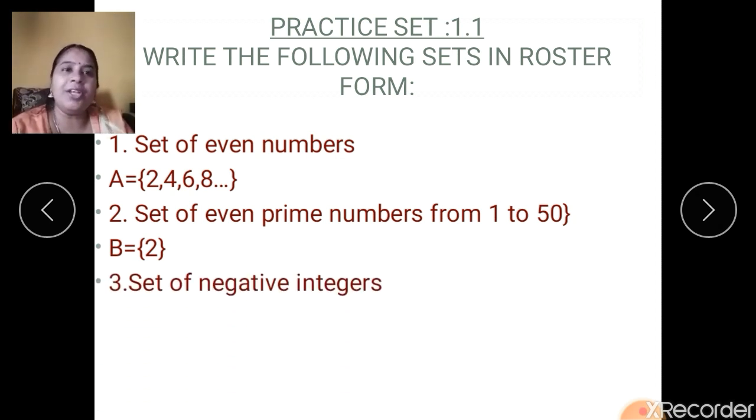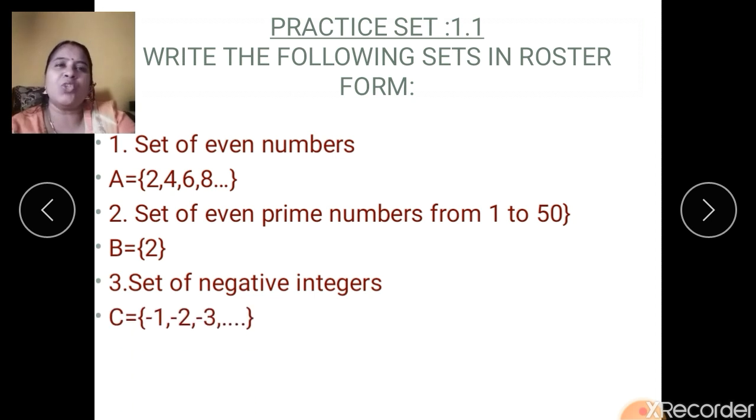Set of negative integers. Now what is the meaning of the word integer? Integers are those numbers which are positive, negative, including 0. Correct? Numbers on the number line, in short. I hope you know this. Numbers on the number line are nothing but integers. Now what they want? Set of only negative integers they are asking us. Negative integers means -1, -2, -3 till where? Till infinity. So I am putting dot dot dot here. Okay. See the next one.